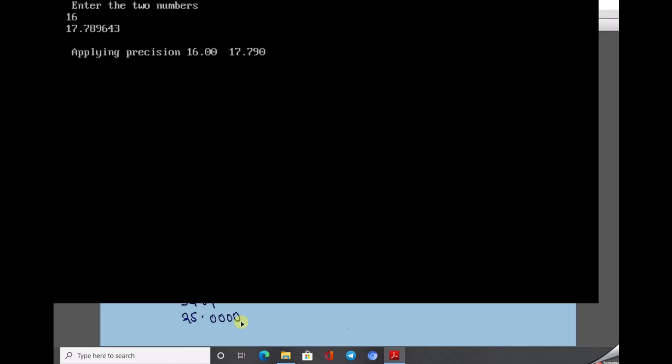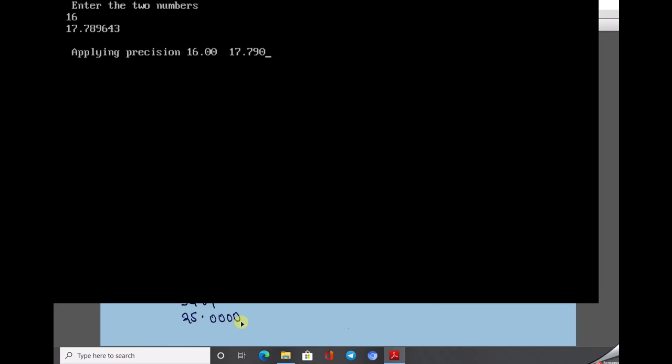So why the 16.00? Because I applied the precision of 0.2, and there is no number after the decimal point. I just converted that 16 into a decimal, that means a floating point number. So no numbers were given by the user, so by default 0 is used here.